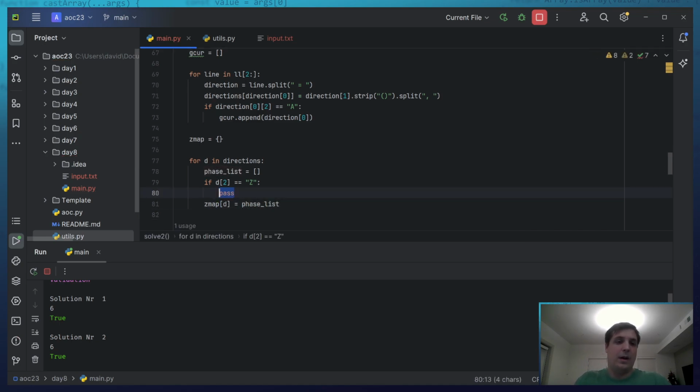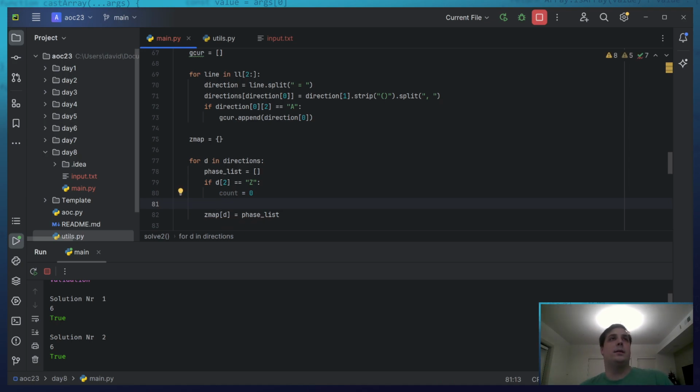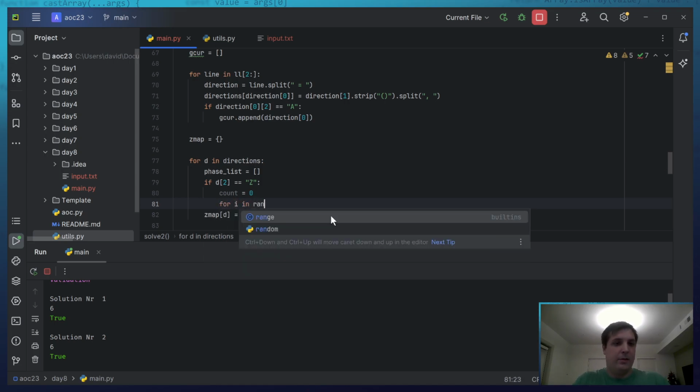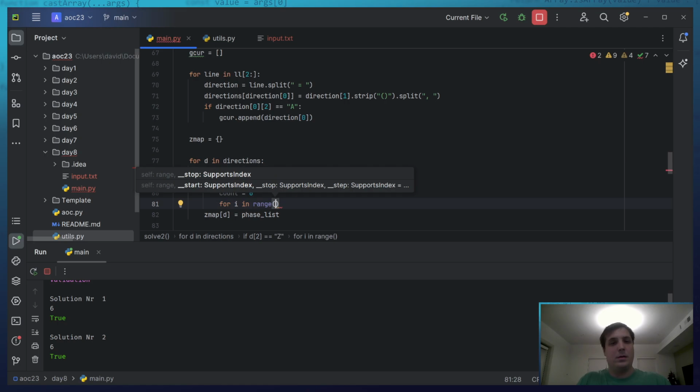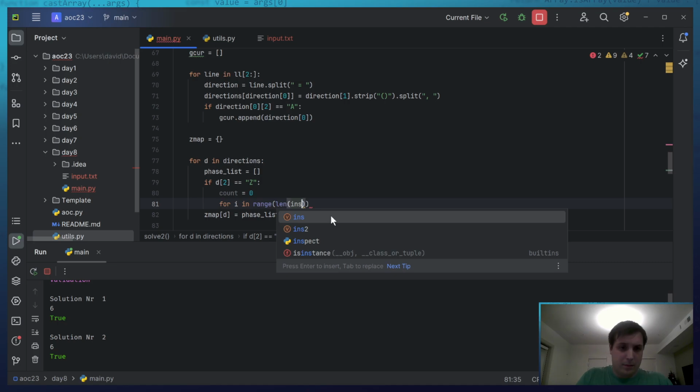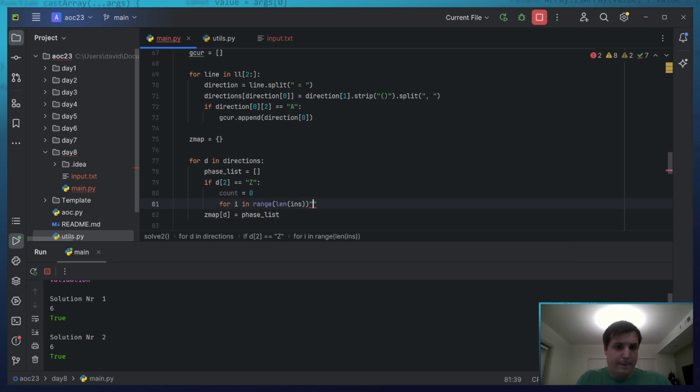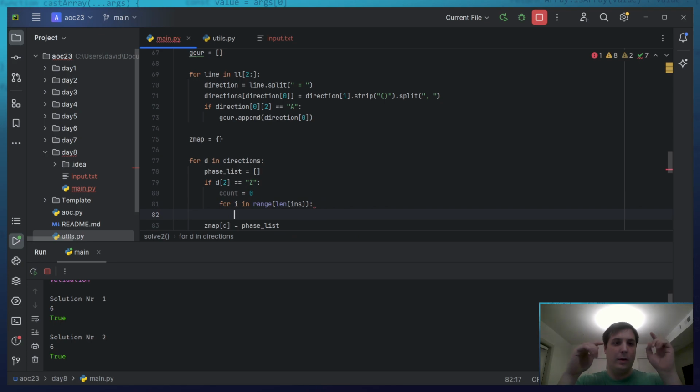Yes. So now, how do I do this? I say count equals 0. And I need to say for I in range, it's length of instructions. So I'm gonna go through each of the instruction starting range.